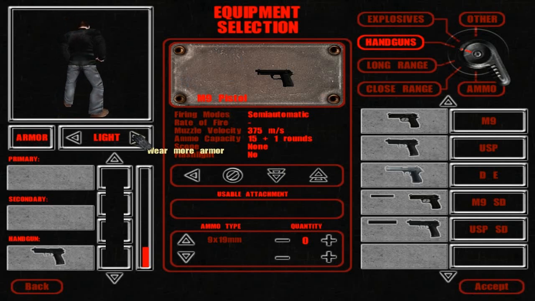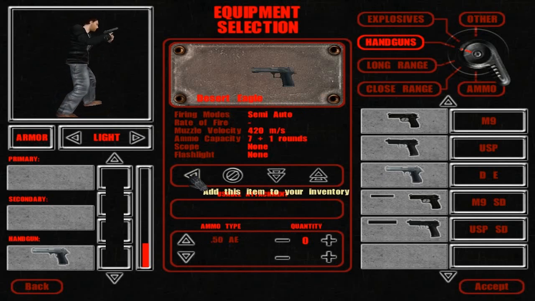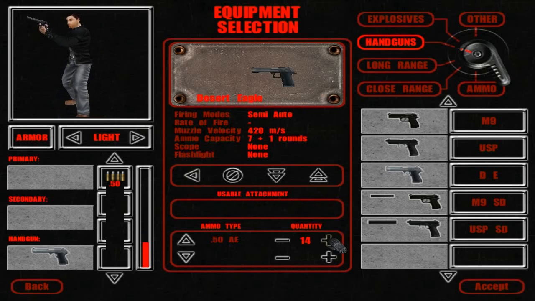We can only wear light armor in this mission. We will be wearing light armor. The main reason is because they will hurt me quite badly, these enemies, and I don't need a pistol. We shall get rid of that. If I'm going to use a pistol, it's going to be a Desert Eagle, obviously, with a large amount of